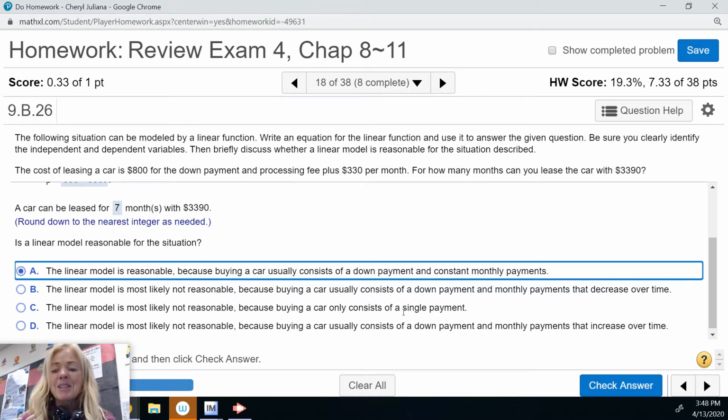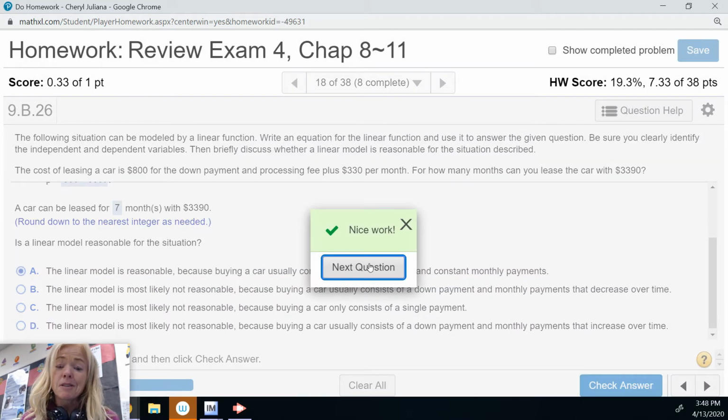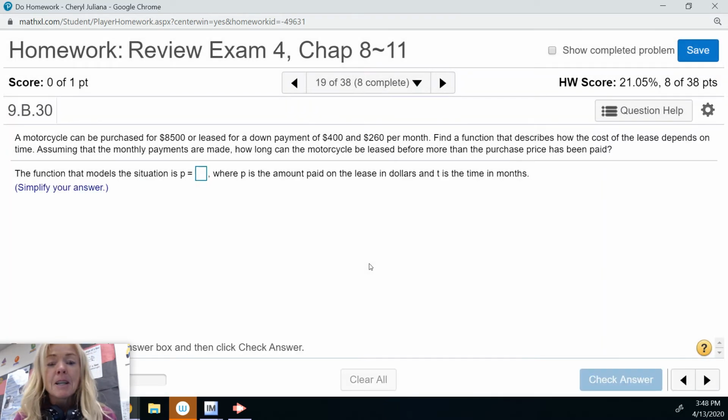It only consists of a single payment. Don't we all wish? It's not C. And then because buying a car usually consists of a down payment and monthly payments that increase over time, it can't be D either. Generally, they don't increase or decrease, and they definitely aren't a single payment, as much as that would be nice. All right, next one we're going to do is